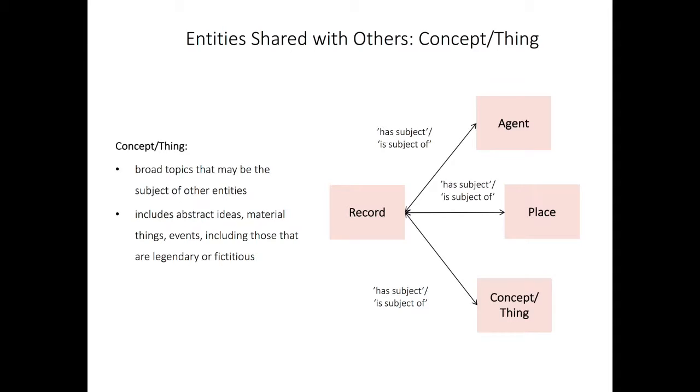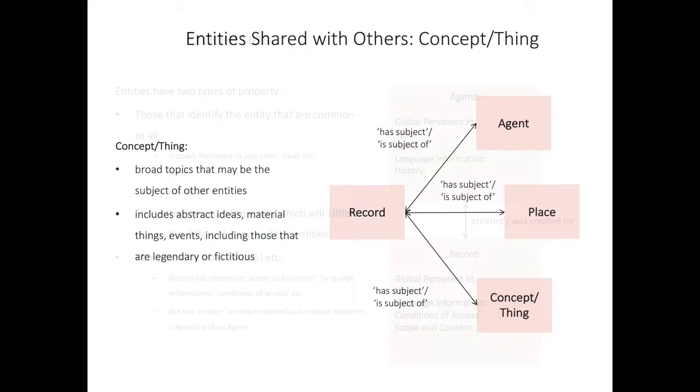In a sense, this entity, of course, also includes all of the other entities, because it's very broadly defined, but we're sort of raising the other entities because our area of interest is archival description. And here, this entity is here particularly to allow us to describe all of those things, in particular that may be the subjects of records. And again, we have an example where we have agents as subject, and we have a place as a subject, and we have some sort of concept or something else that is a subject of the records.